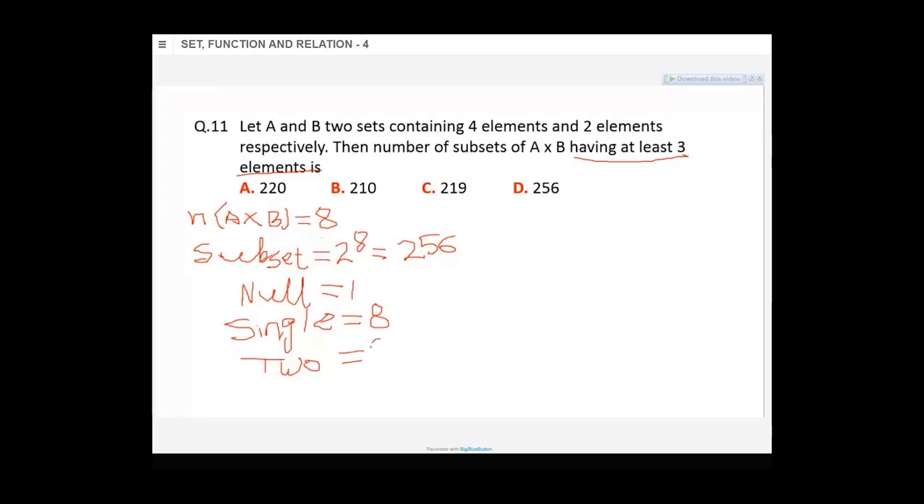220, 210, 219, 256. व्हाट विल बी द आंसर? 219. सबट्रैक्ट करना इन सब. ये हमको नहीं चाहिए, नल वाला नहीं चाहिए, सिंगल वाला नहीं चाहिए, 2 वाला नहीं चाहिए. तो 219 विल बी द आंसर. एनीवे वहां पे प्रिंटेड मिलेगा आपको. जस्ट रुको,